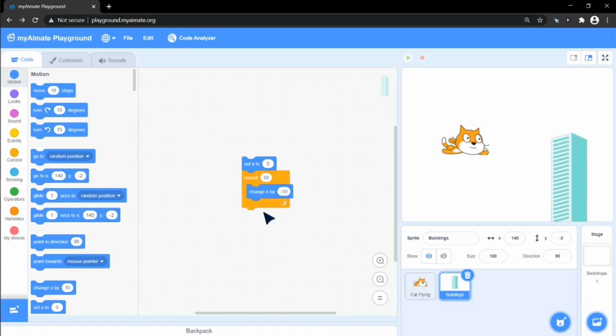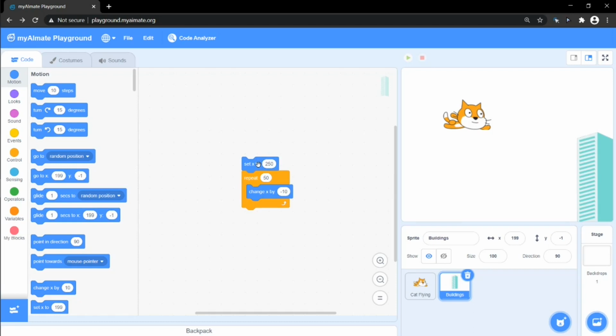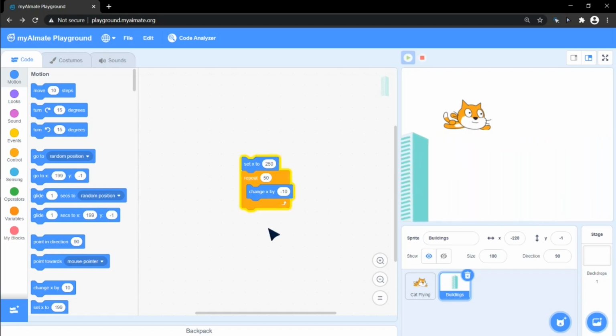Zero is going to be in the middle, so let's try a higher number like 250. Let's try this code. As you can see, we were able to move the building past our flying cat successfully.